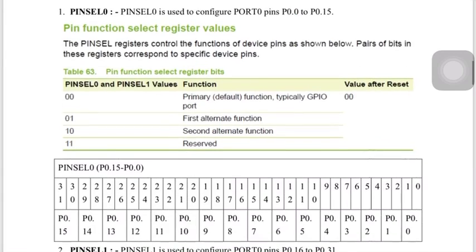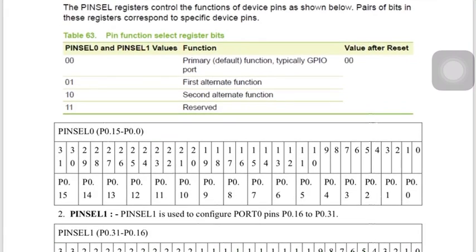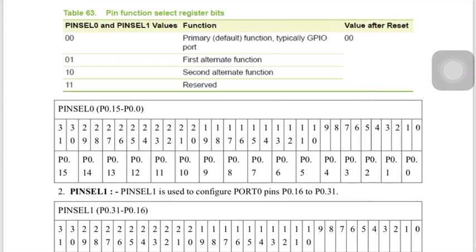So a 32-bit register can configure only 16 pins. That's why pin select 0 configures pin 0 of port 0 to pin 15 of port 0.